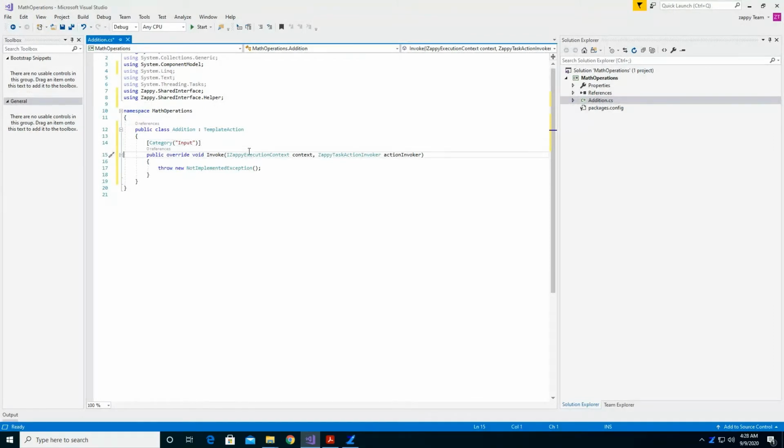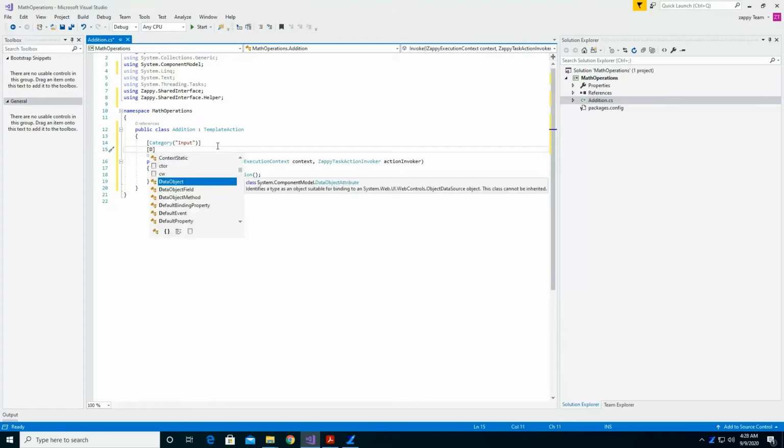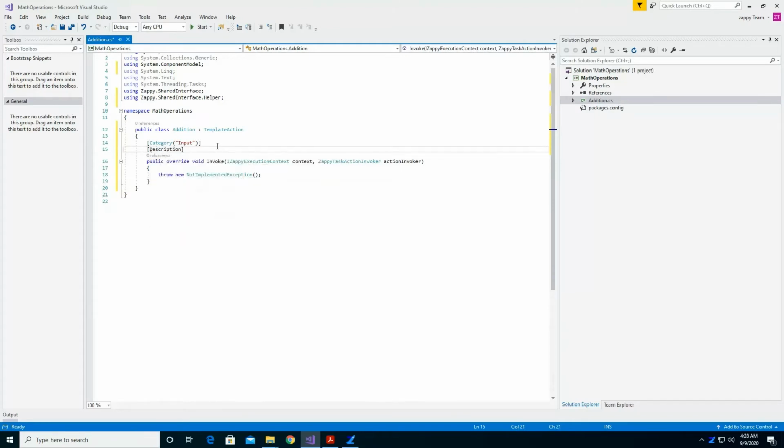Now, what description do you want to give? This property belongs to the Input category. Now go for the Description. For input I'm accessing two numbers, so I'm giving the first number here.